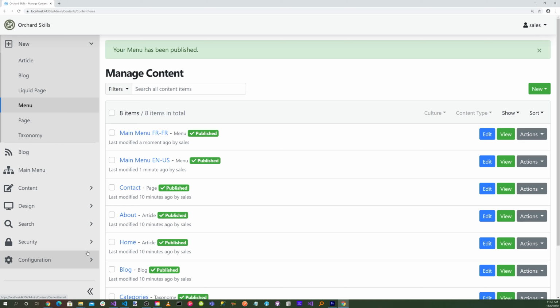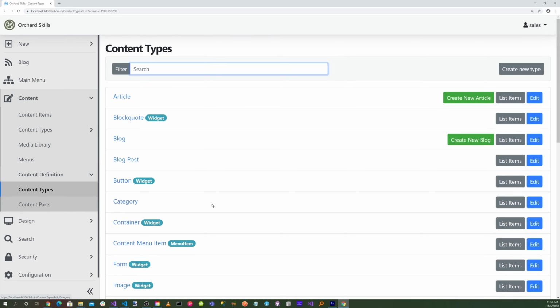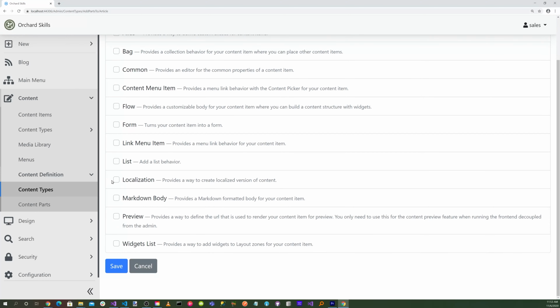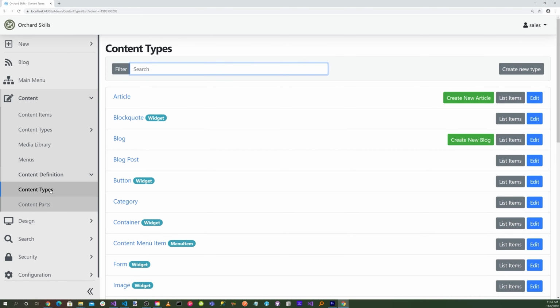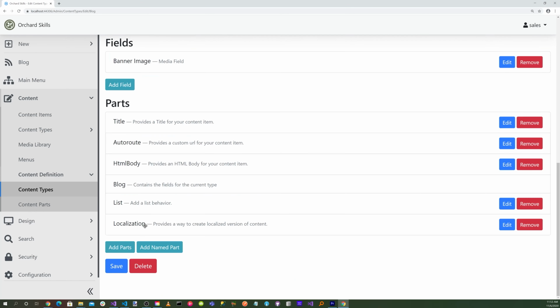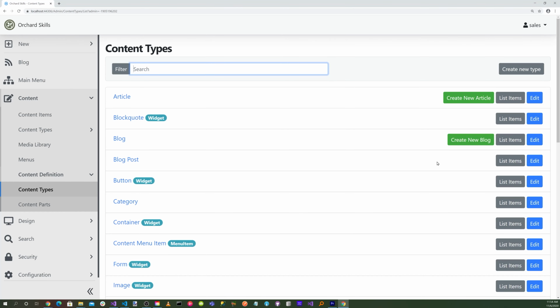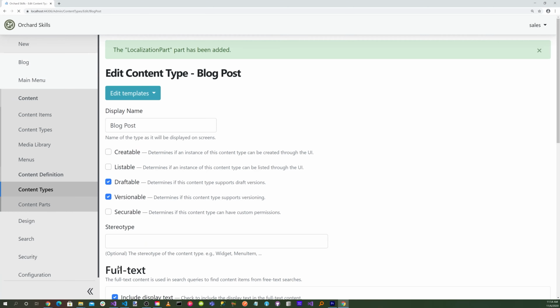So now let's go to content. Let's go to content definitions, content types, edit our article, and down here we'll add a part, and we'll add the localization. Hit save, and let's add that up here, and hit save. Go back to our content types and edit our blog, and let's add a part, add localization, save, and let's put that up here, save, back to our content types, and let's edit our blog posts, and let's add a part, our localization part, and save, and let's move that up here, hit save,